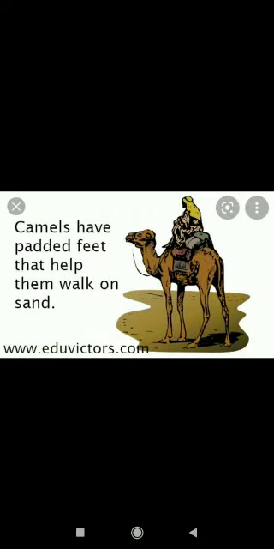As I was telling you, camel's feet are a natural adaptation. The bottoms of the camel's feet are broad, so the camel's weight is exerted on a large area and the pressure on the sand is reduced. Because the area is more, the pressure is reduced, and that's the reason camel's feet do not go inside the sand and it becomes easier to walk. That's one of the examples where area is more and the pressure applied is less.